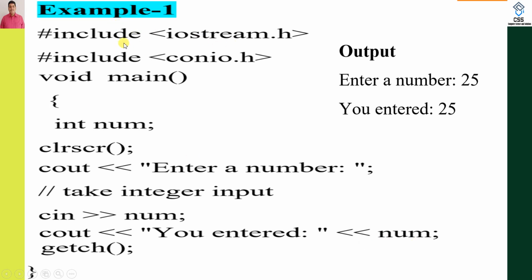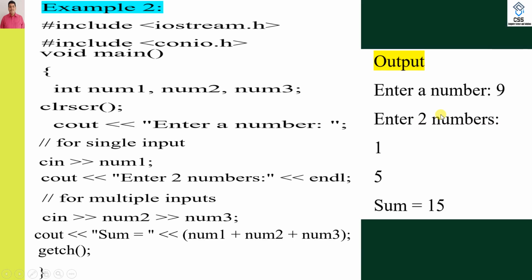Why is the header file included? iostream.h is the header file for cin and cout, and conio.h is used for clear screen. We will be running this program in the later part too, and if you run the program, you will get 25. The second example is taken. Suppose you want to enter three values, then we take num1, num2 and num3. Enter a number, cin num1, enter a second number, cin num2 and num3. You can write another cin num3 too, but we want to show that more than one value can be input. Then we display num1 plus num2 plus num3, and hence if you enter 9 and 15, the result will be